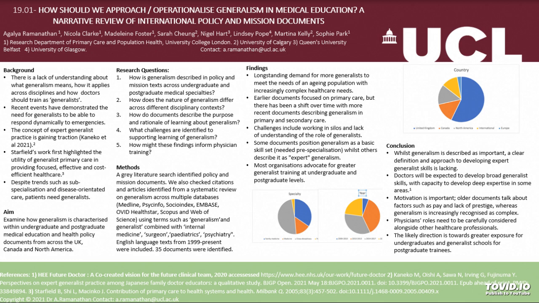There is a lack of understanding about what generalism means, how it applies across disciplines, and how doctors should be trained as generalists. Recent events have demonstrated the need for generalists, and the concept of expert generalist practice is gaining traction across literature. We decided to examine how generalism is characterised within undergraduate and postgraduate medical education and health policy